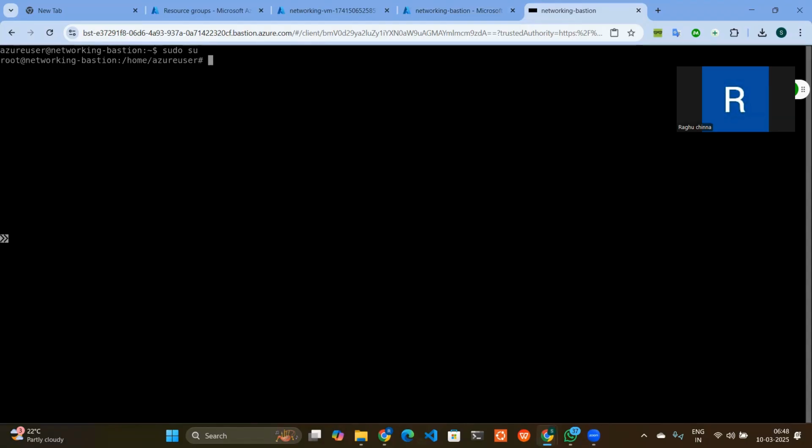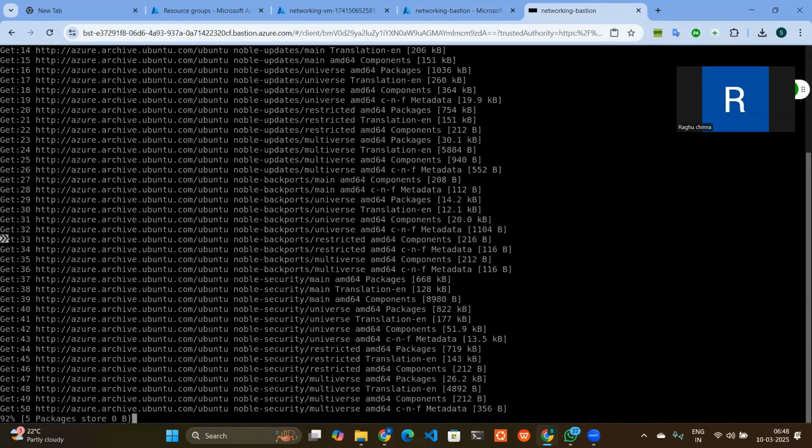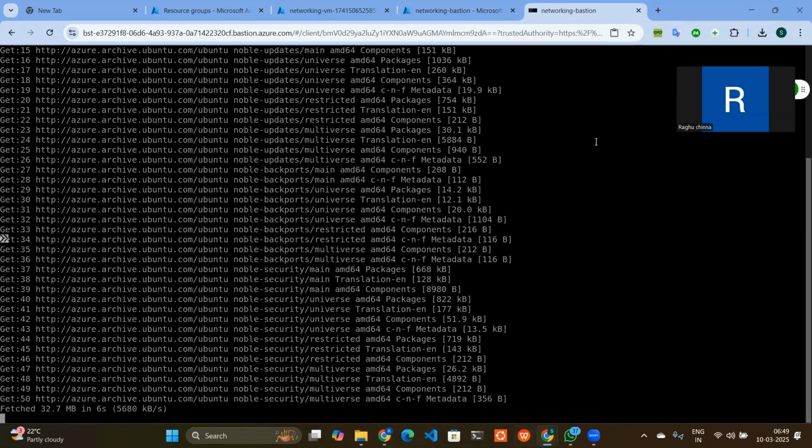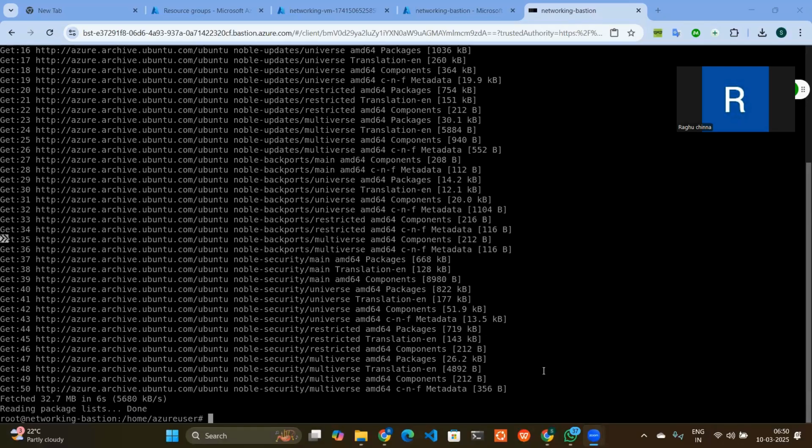Clear everything. Now we need to access the root account. Sudo su. Now we got into the root user. Now what we need to do, we need to update. Once everything is updated, it will take some time. Let's wait. Yeah, once it is updated, now